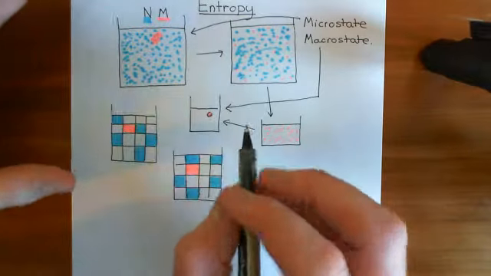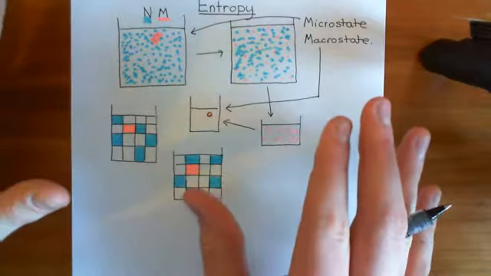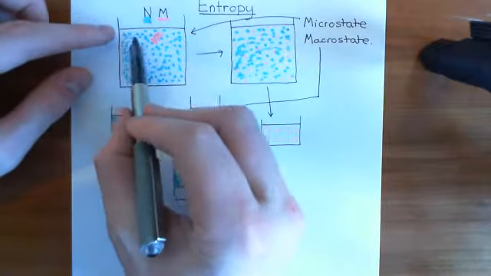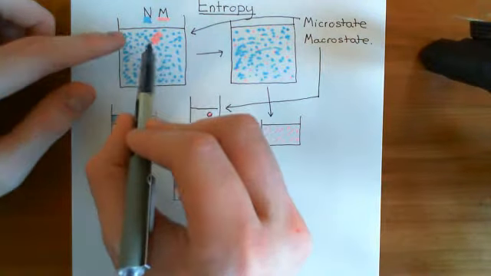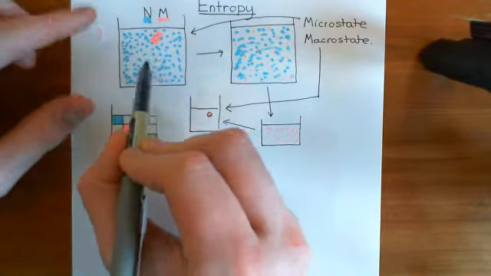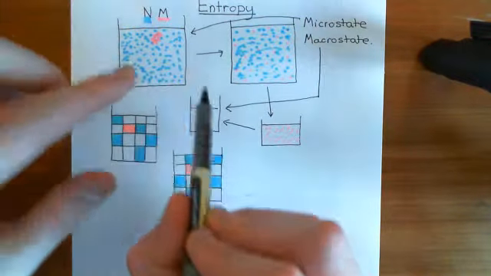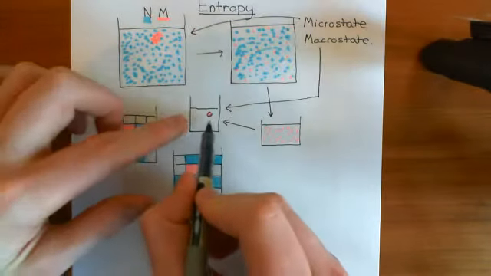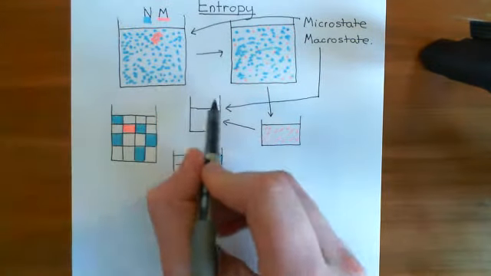Now, basically, let's assume that all of the microstates are equally likely. So if you specify an individual microstate, i.e. you go through every single water molecule and tell me exactly where it's positioned, you go through every red dye molecule and tell me exactly where it's positioned, each one of those is equally likely. There's no one microstate that's more likely than the others. Okay, but when we talk about macrostates, then it's different, because of the number of microstates that would all look like